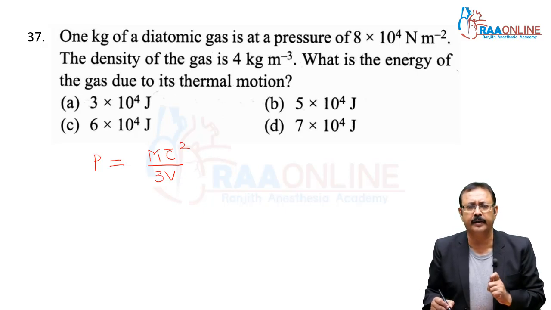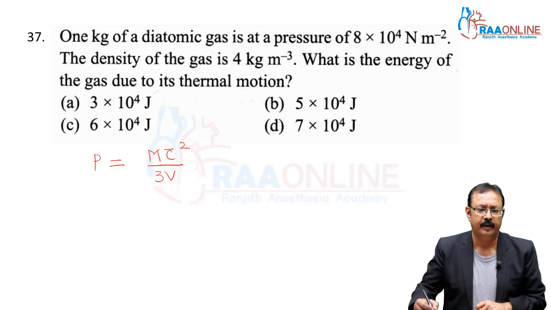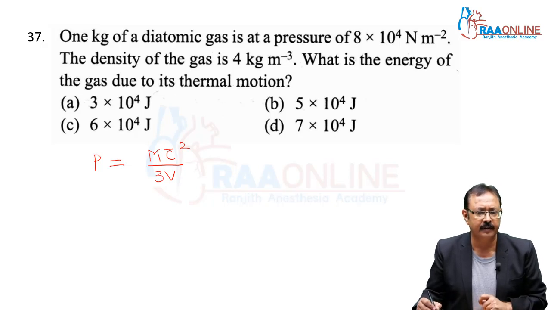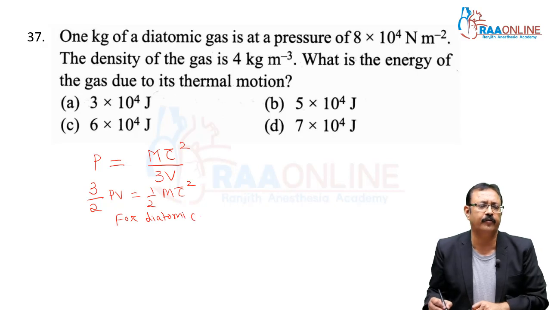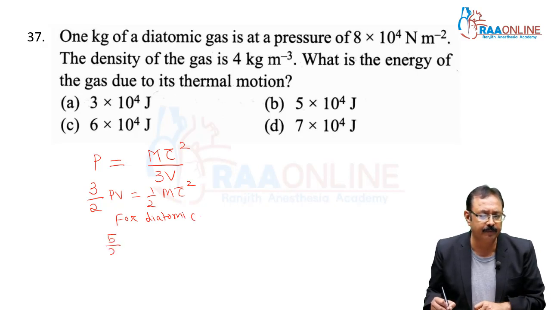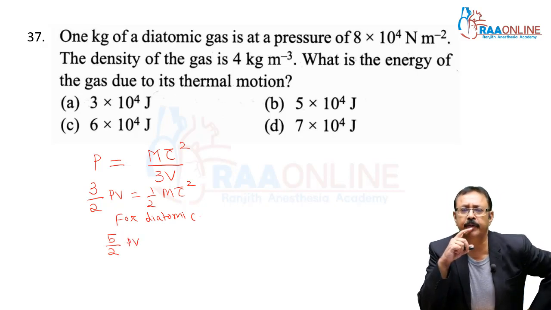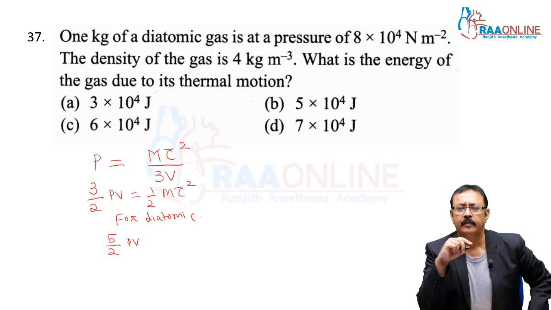It is a diatomic gas. We did the derivation; for monoatomic it was 3 by 2 PV. So for diatomic, there are 5 degrees of freedom, so it should be 5 by 2 PV. So now,